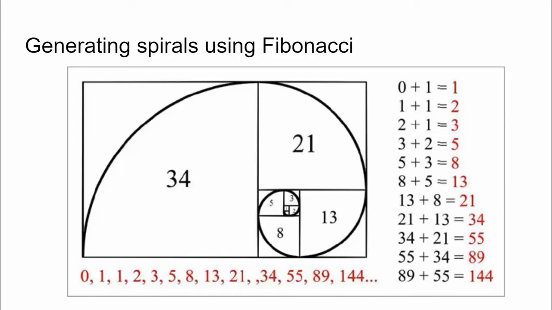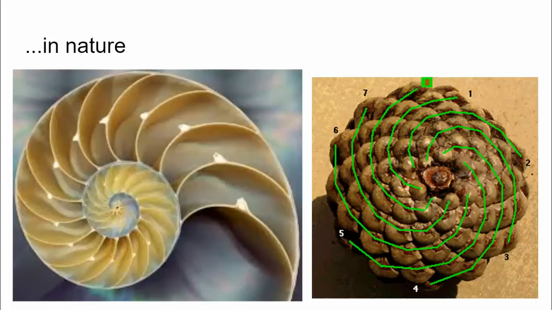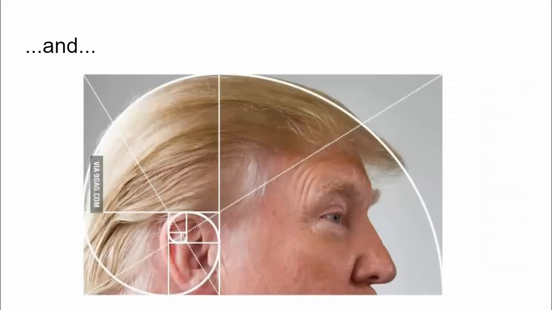The Fibonacci sequence also has this cool side effect that if you take the numbers it generates and use them to make squares and tack the new squares onto the previous squares at right, going counterclockwise, you will end up with one of these cool Fibonacci spirals that shows up in nature. It's been mathematically proven it's the most effective way to pack seeds onto a cone like we have there on the right. I don't know, it's just pretty cool. It's been used to explain all sorts of patterns in nature.